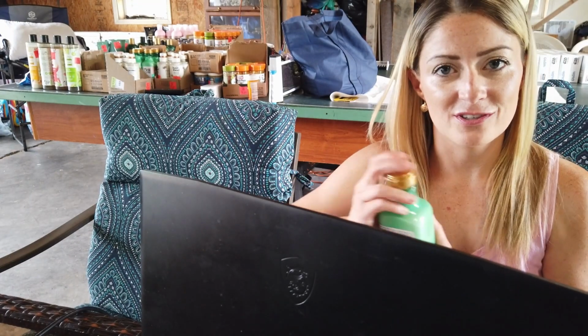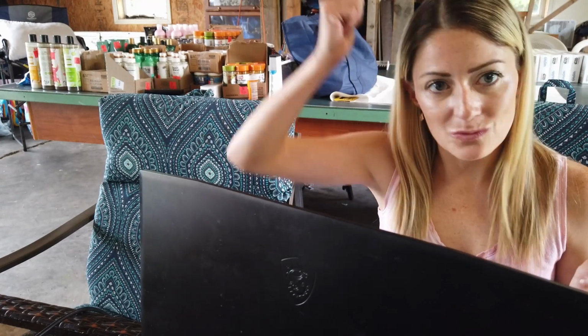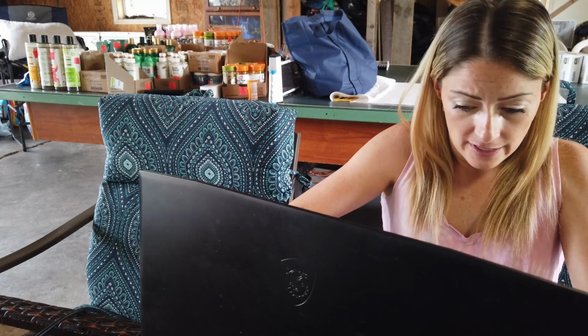Smells really good. I want to use one so bad, but I can't if it's profit. It's like just washing your hair with money. You just can't do it. All right, Maui